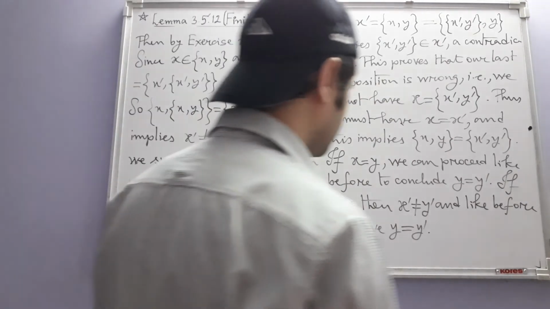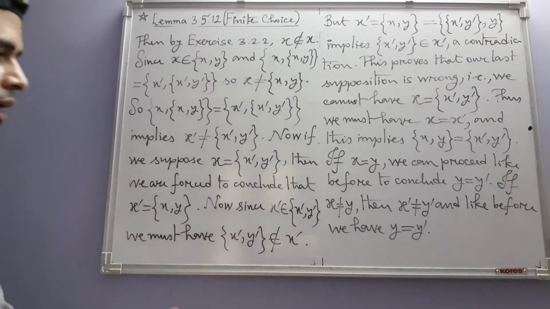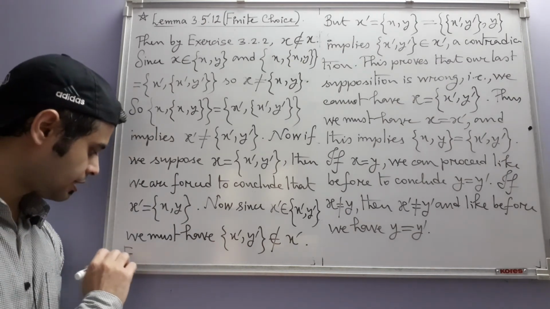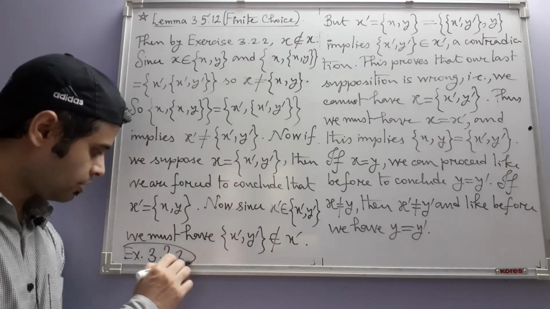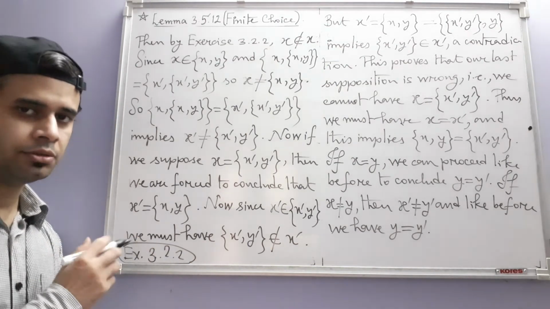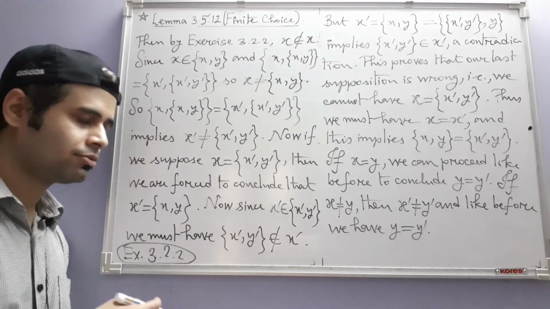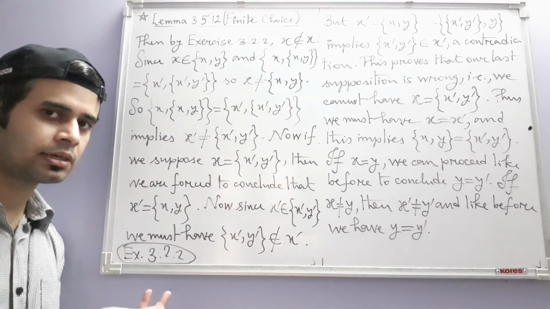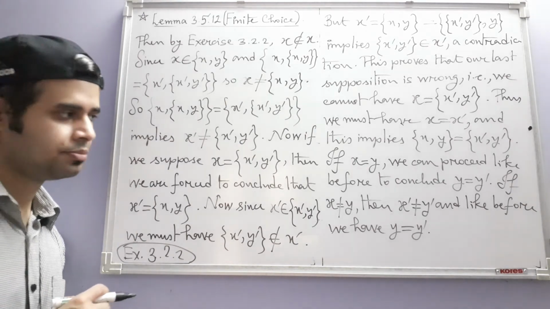Okay. Where have we used the axiom of regularity in this solution, you may ask? We have used it indirectly because we are using exercise 3.2.2. In the solution to that exercise, we have used the axiom of regularity. Using that, we were able to prove that no set contains itself as an element, and additionally, if two sets are given, then both of them cannot contain the other as an element.